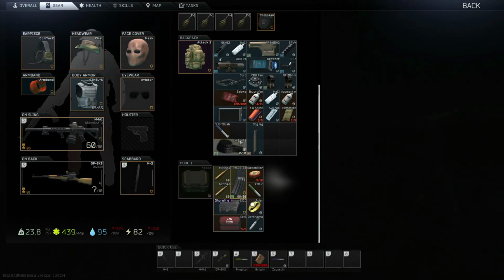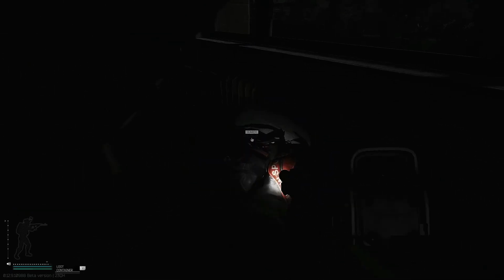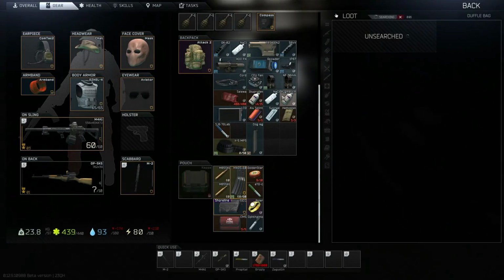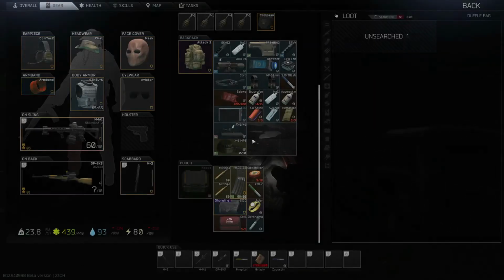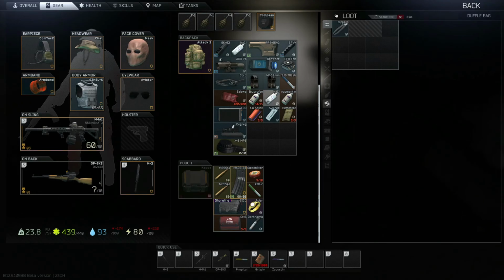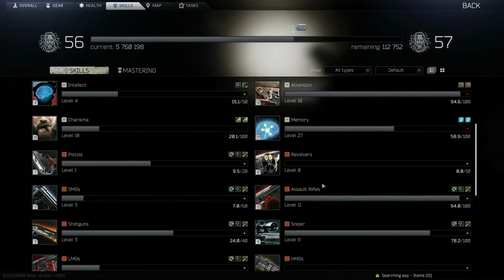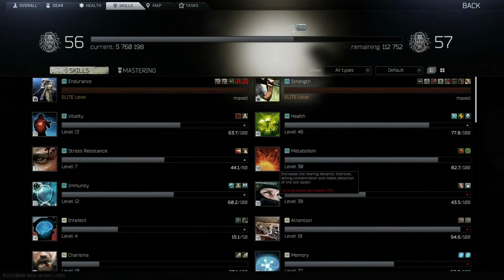So, I got the roller, but all this stuff, you fill this backpack up and you're going to have a lot of money. So, blue card can spawn here. This is 112. Also another quest item, or quest key. Let me rearrange some stuff here. Also, I like just trying to search everything I can because I'm trying to hit max search skill, so I can search 2 things at the same time. I'm only at level 36, but...